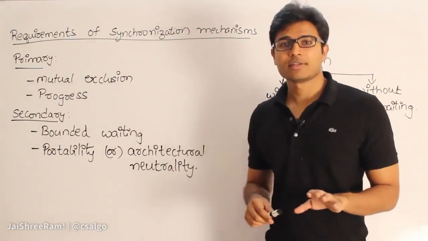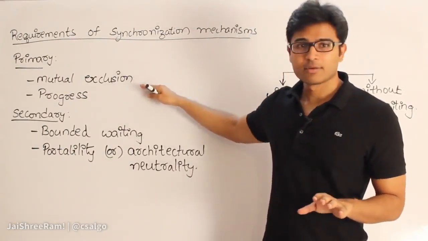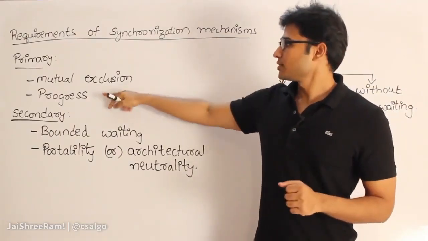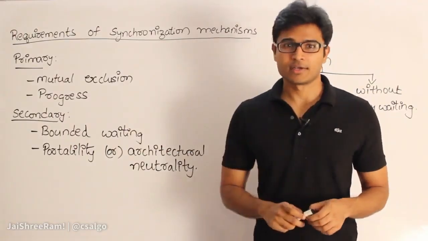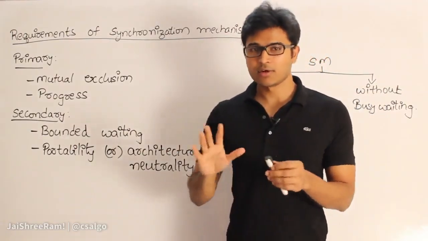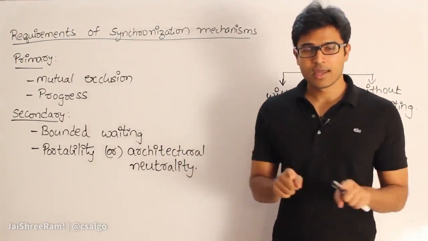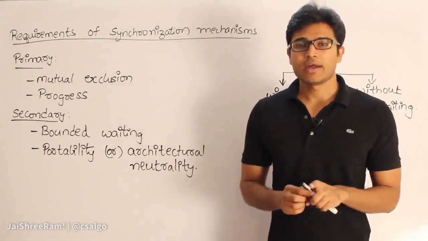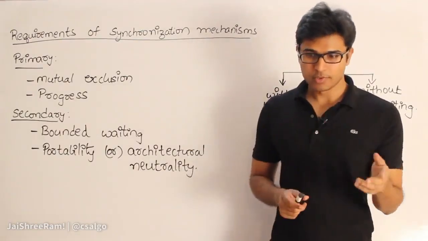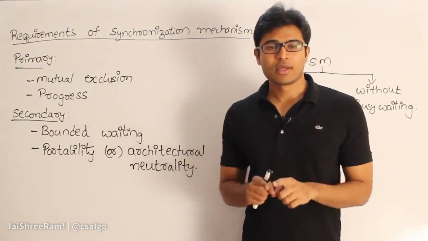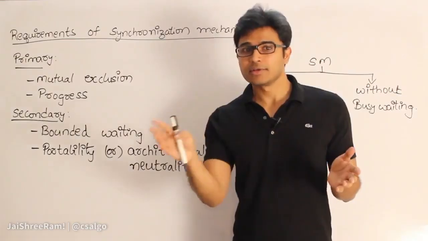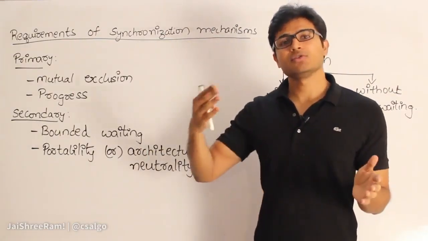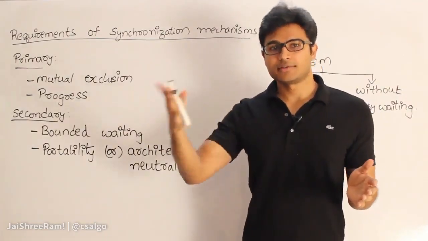Therefore, it is very important that your solution definitely provides mutual exclusion, otherwise there will be race conditions, right? And now the second thing is, progress should be guaranteed. You could think of it like this. Now you have a dressing room, and there is no one who wants to get into it. If there are 2 people and a single dressing room, and person 1 doesn't want to get into the dressing room, then he should not stop person 2 from getting into it,